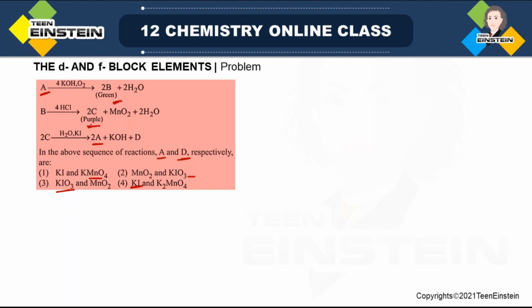Now, green color compound and purple color compound. Remember, manganate is green color, permanganate is purple color. And in the last class, when we discussed the preparation methods of potassium permanganate, we have already seen